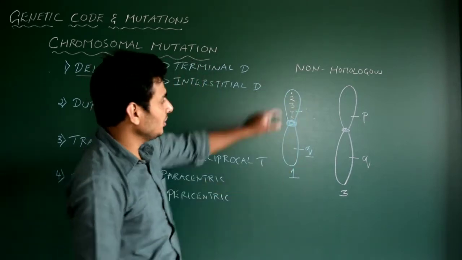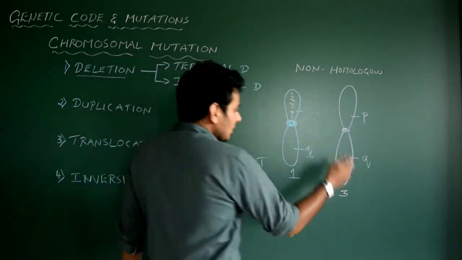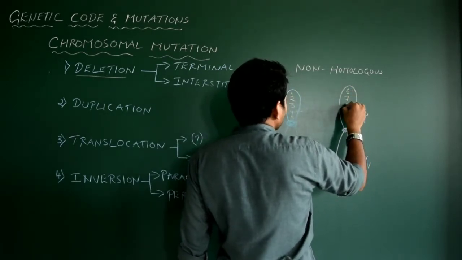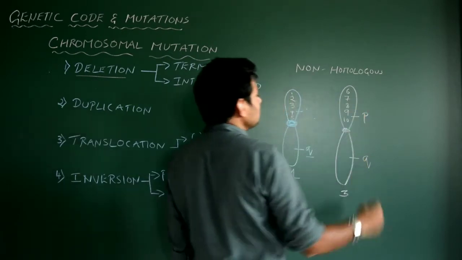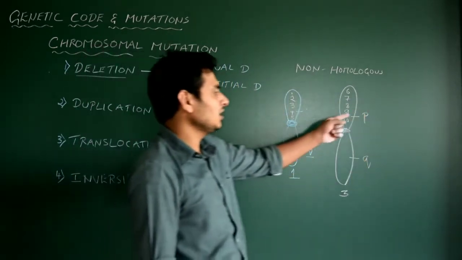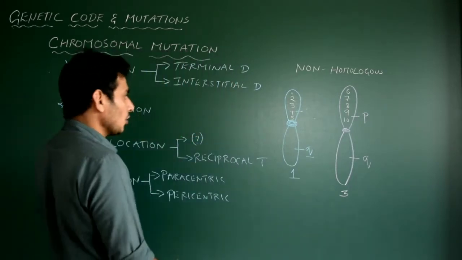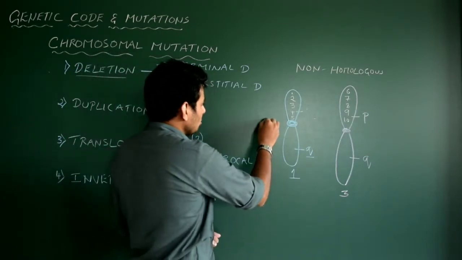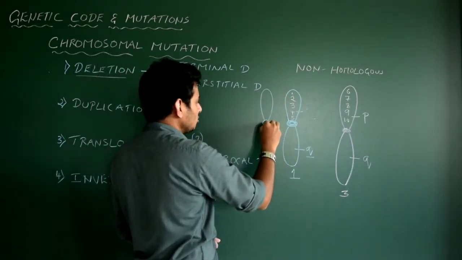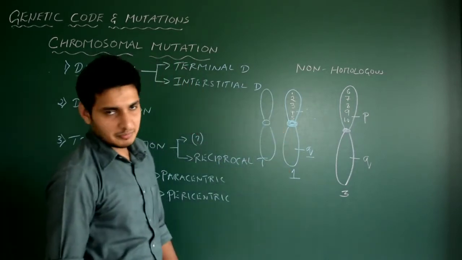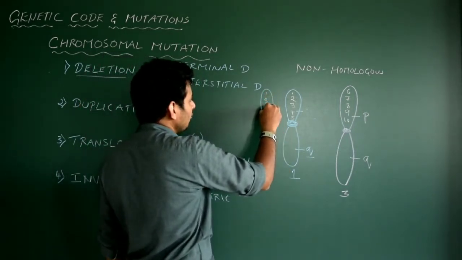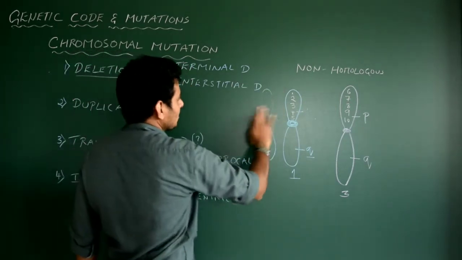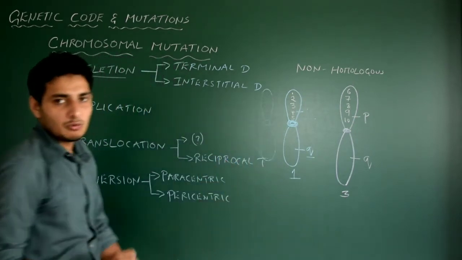How many genes are there in the P arm? 5 genes. Let us go to chromosome number 3 here. Let me write 6, 7, 8, 9 and 10. Again 5 genes are there in chromosome number 3, in the P arm, the short arm of the chromosome. The genes are entirely different. If I draw the homologous chromosome for chromosome number 1, it should be exactly the same morphologically and genetically. That means I should write 1, 2, 3, 4, 5, exactly. But it is not required now, so let us just ignore this and take only one chromosome.